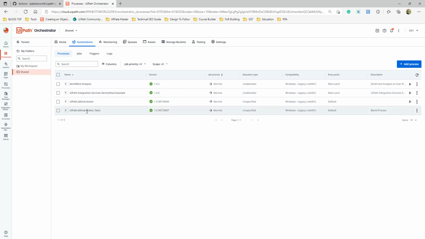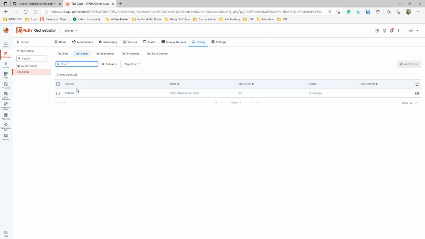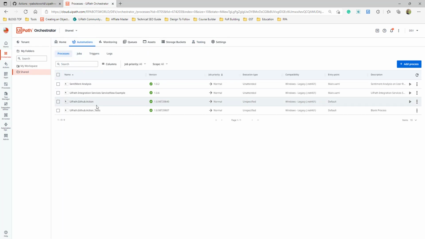So we have created test cases as well. If you look at the testing, you will see that we have created the test cases. This is test case one, and they are part of a test set, right? We'll run this test set, and once this test gets completed, only then will this package be published, right? It is getting published from the CI/CD pipeline, which is GitHub Actions.